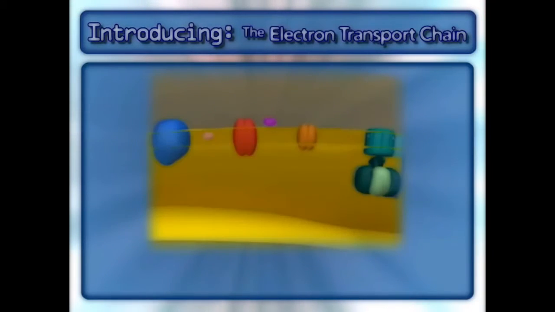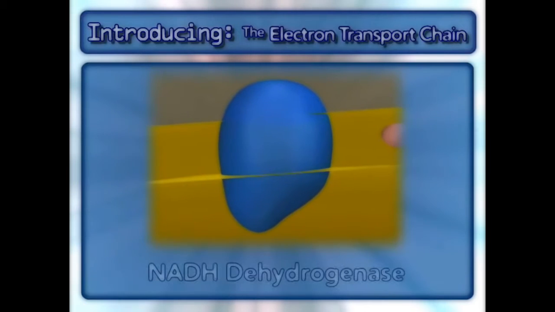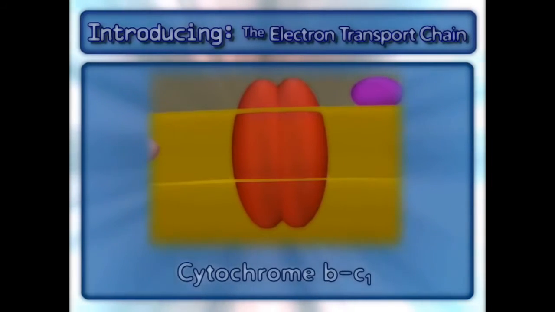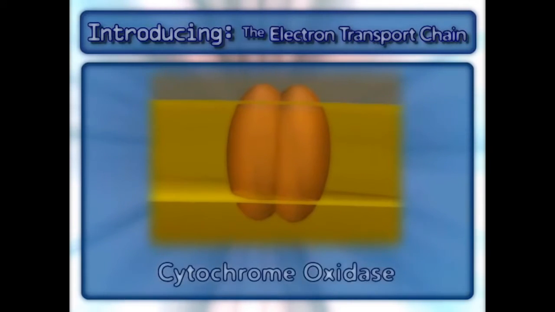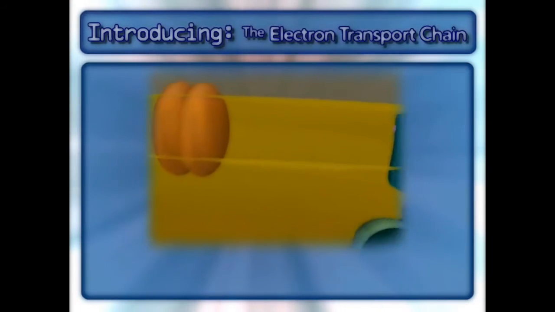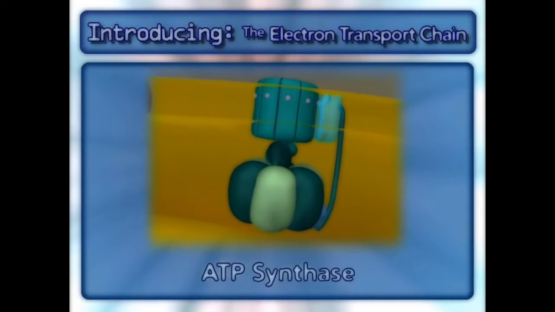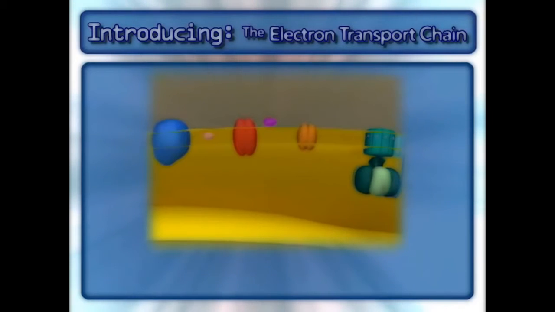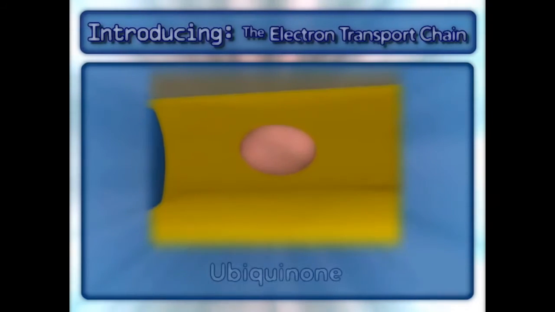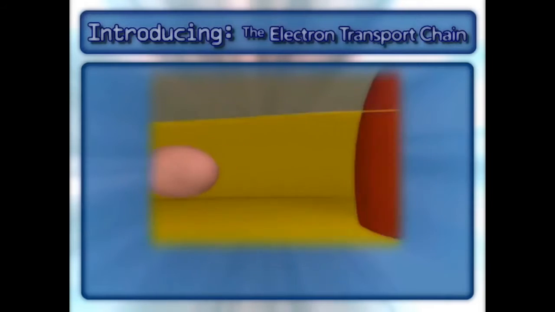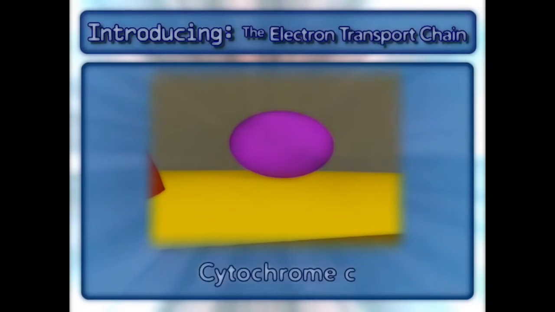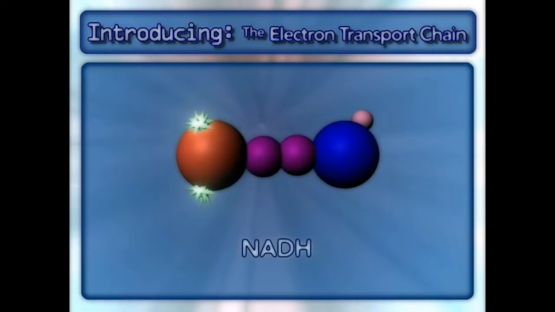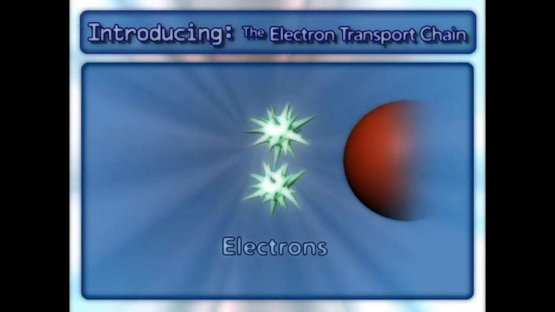The following complexes are found in the electron transport chain: NADH Dehydrogenase, Cytochrome BC1, Cytochrome Oxidase, and the complex that makes ATP, ATP Synthase. In addition to these complexes, two mobile carriers are also involved: Ubiquinone and Cytochrome C. Other key components in this process are NADH and the electrons from it,